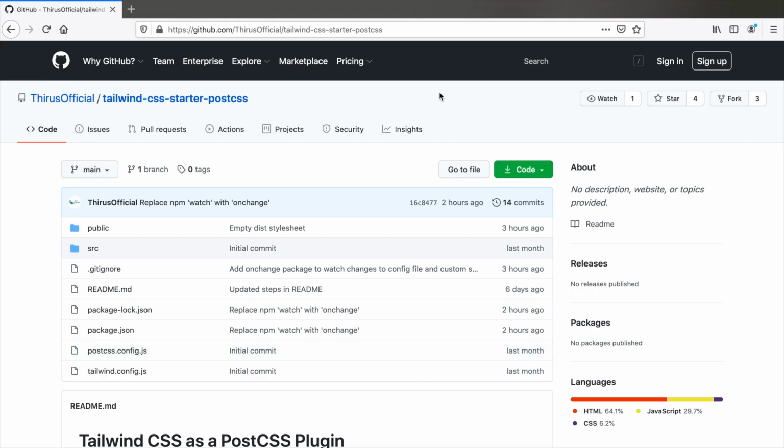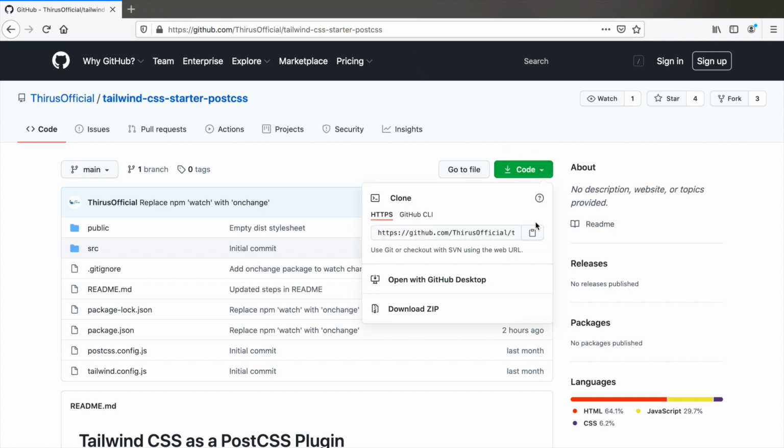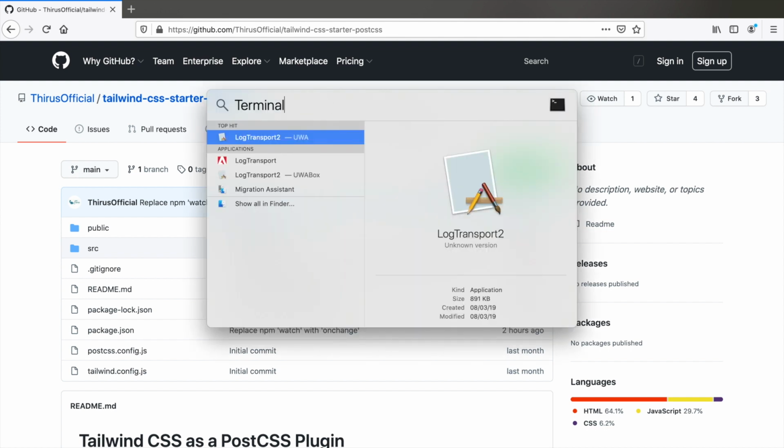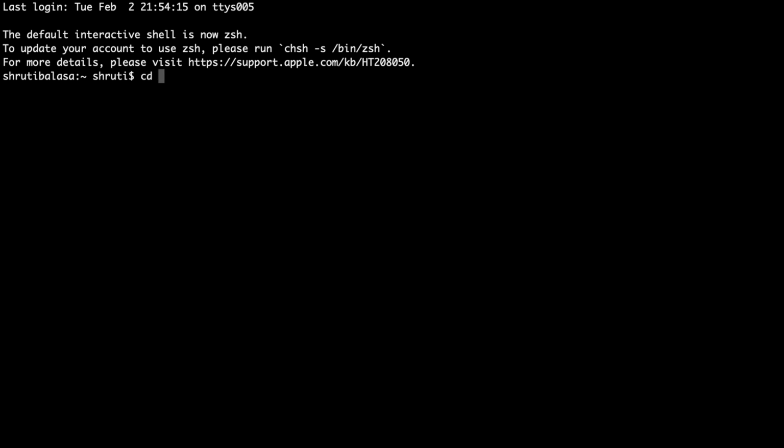Here is a Tailwind CSS starter template that I will be using because I don't want to manually install Tailwind CSS. And since I'm not using any other framework, this helps me install Tailwind CSS as a PostCSS plugin. I have included this link in the description below, so you can also clone this repository to start with this project. So I copy this link, open terminal, let me cd into desktop,